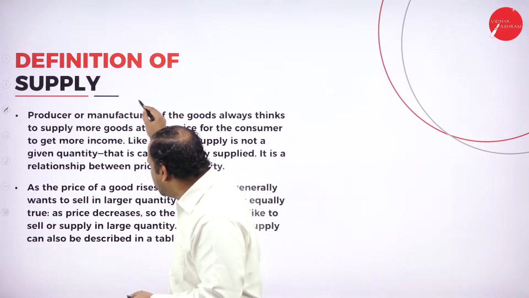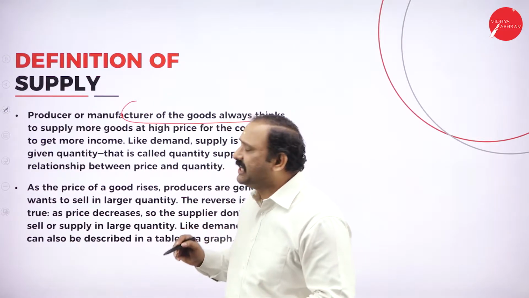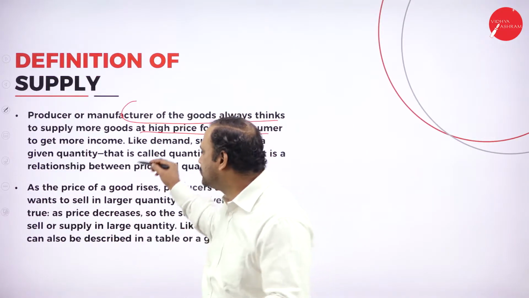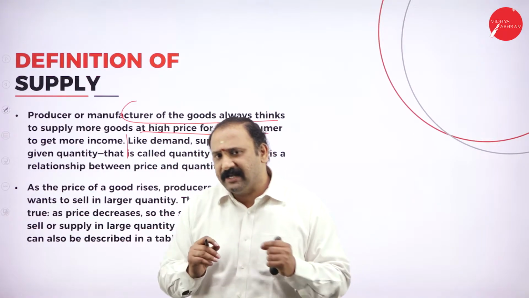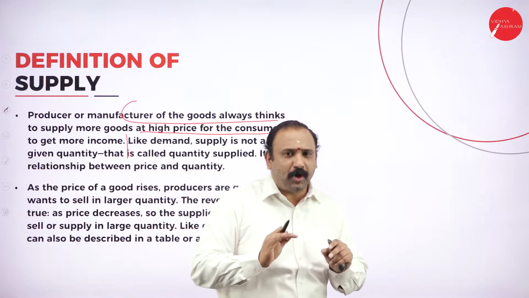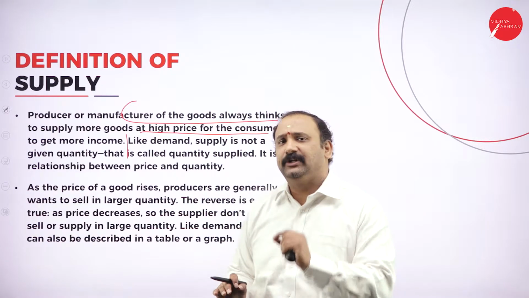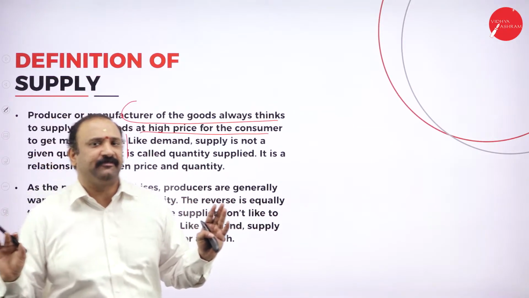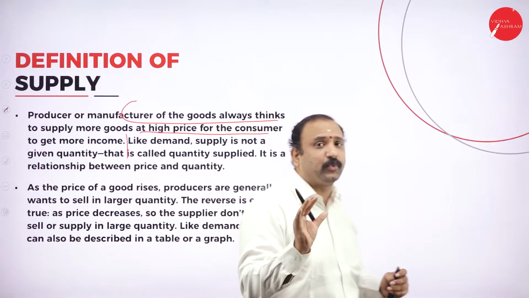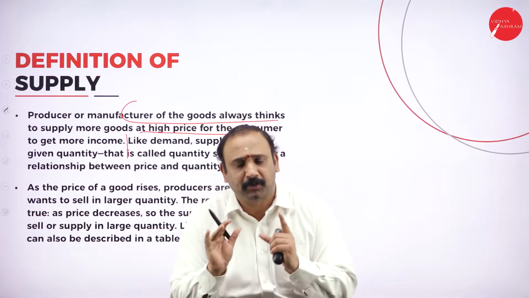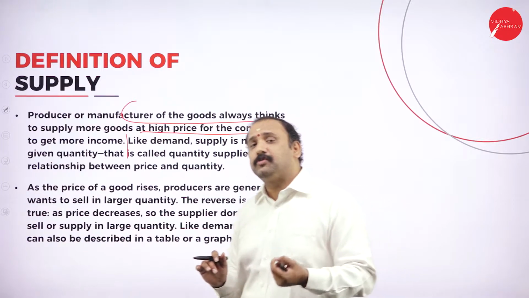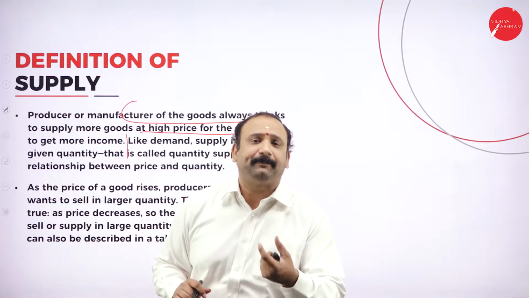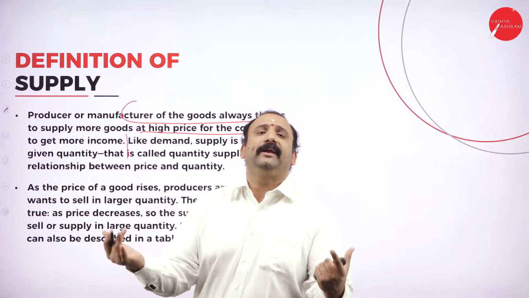Now, the producer or manufacturer of goods always thinks of moving the supply of goods at a high price to get more income. Quite logical enough. Why? Because a manufacturer or producer just wants to push the goods from one side to the other. He just wants to give these goods to the consumer at the highest price available in the market. He doesn't even want to think twice. He says this is the price and just pushes it into the hands of the consumer. Now, whether the consumer buys or not is the secondary part of it. That means whether your product is accepted at that price or not, how will I come to know?